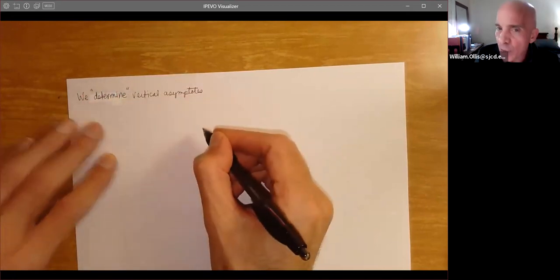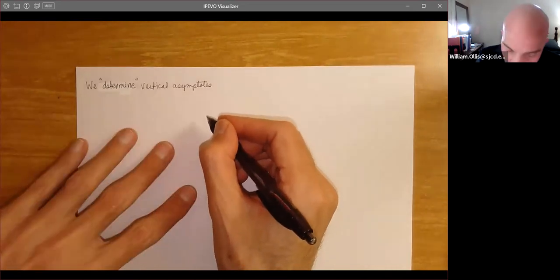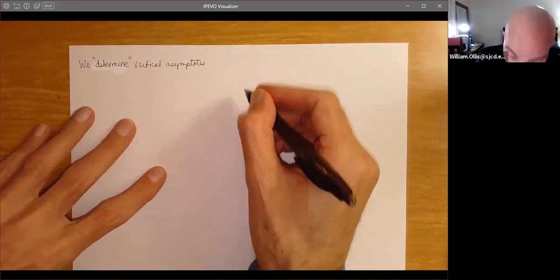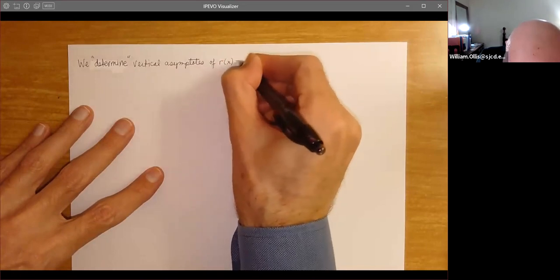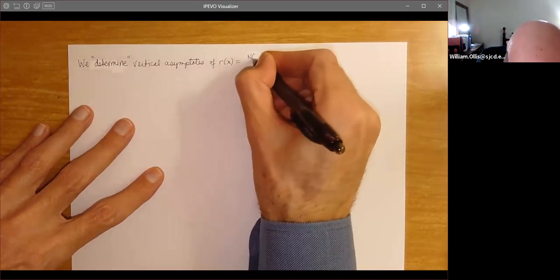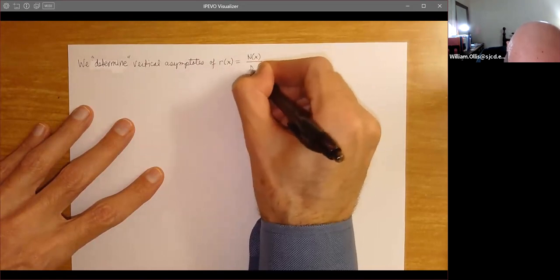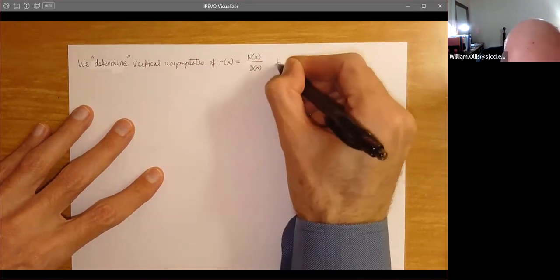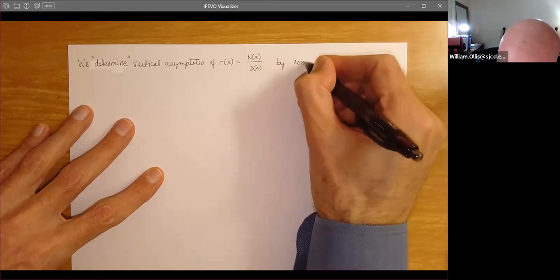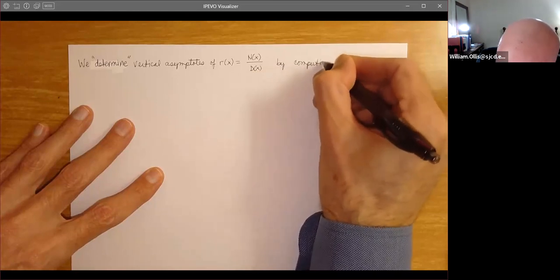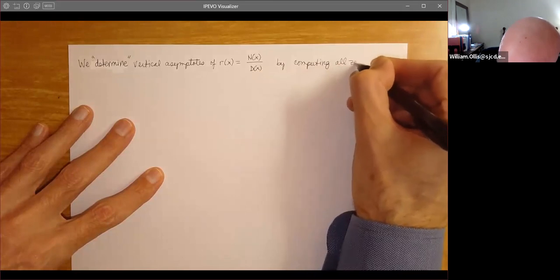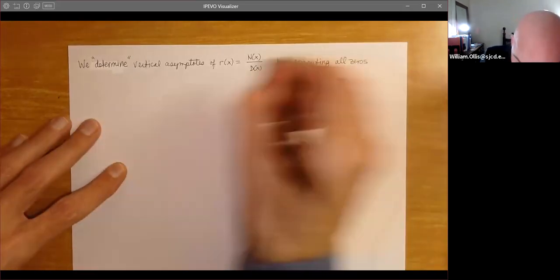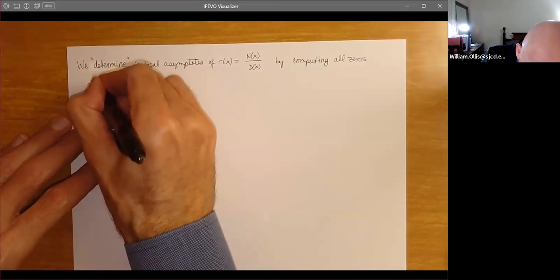It's like, how do we go about it? What's the procedure? We determine vertical asymptotes of R of X, and I'll write out what it is, N of X divided by D of X by computing all zeros, if they exist, of D of X